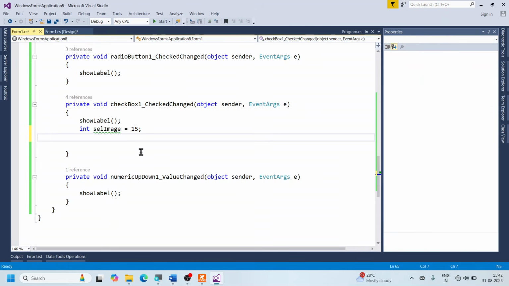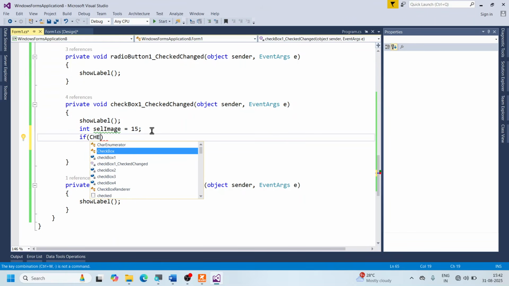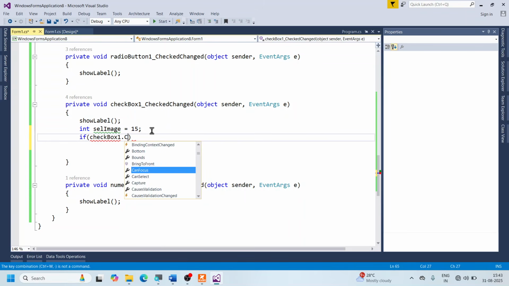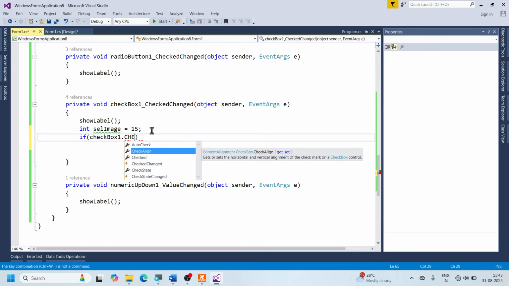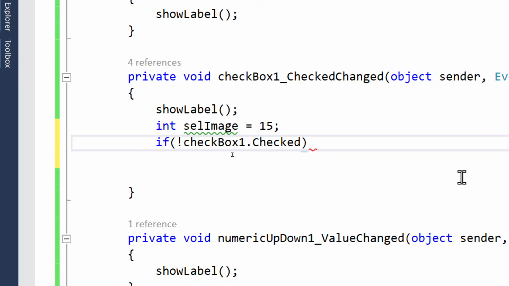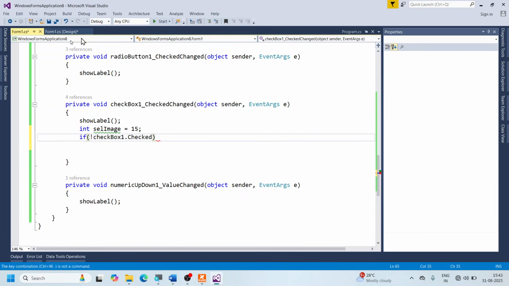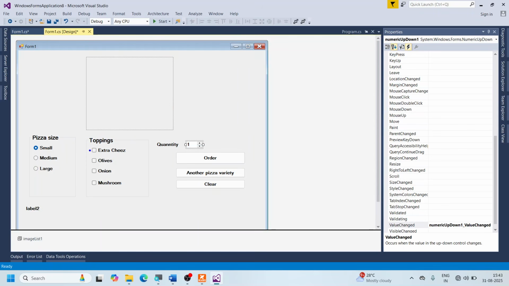How do I do that? Let's go to this checkbox. If checkbox 1 dot checked, where is it checked? If this means that it is checked, I don't want that story. If it is not checked, so how do I say not checked? You see there, I said not checked. If it is not checked, then I have to change. If everything is selected,